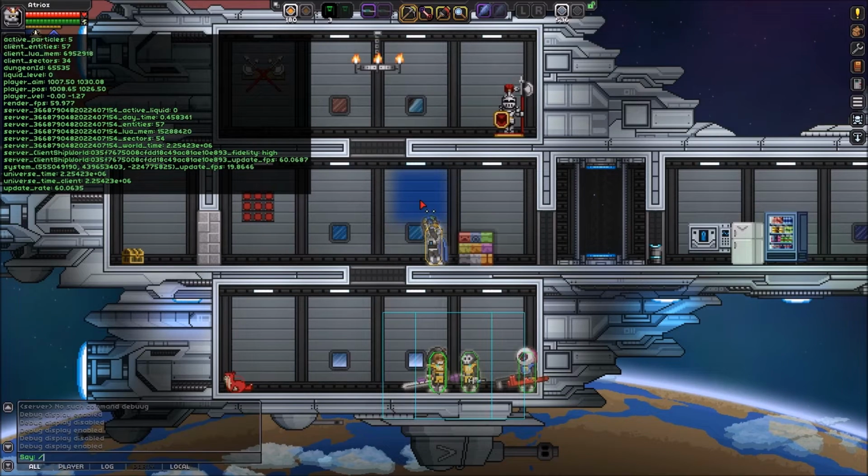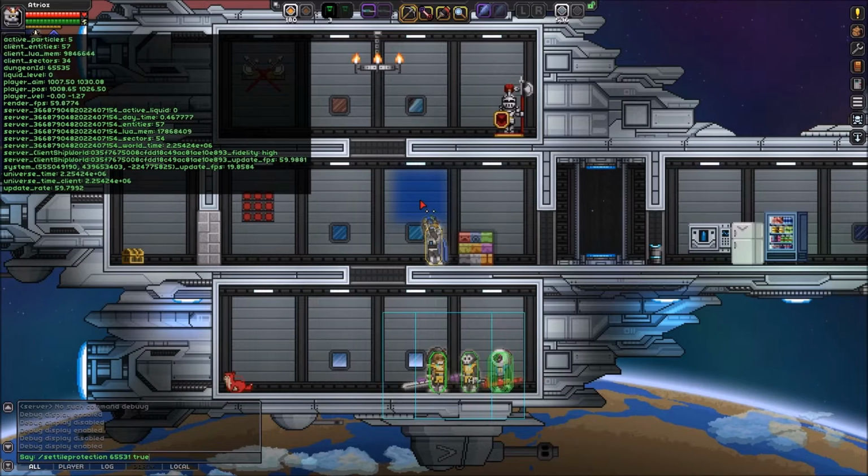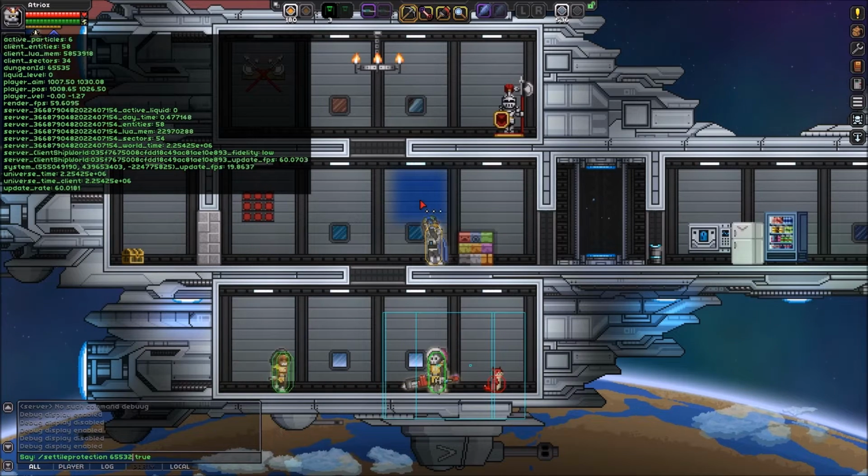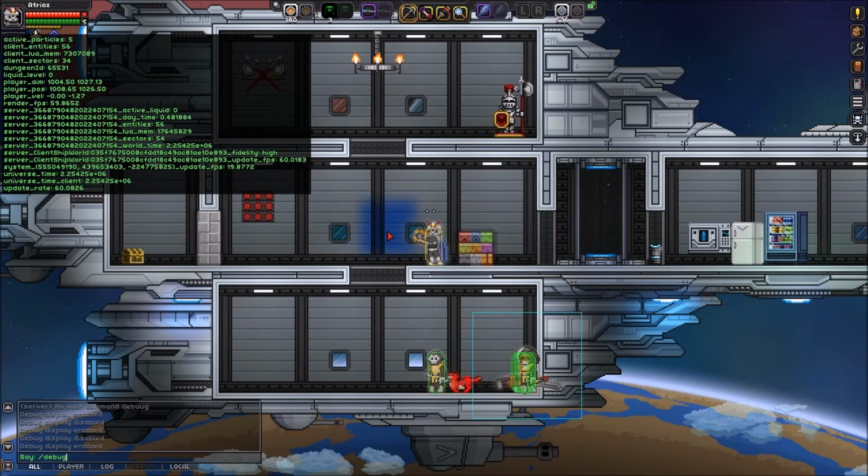So we're going to go slash settileprotection. Then we're going to enter those 3 numbers. 65531, true. Now we're going to rinse and repeat that for all 3 numbers we have. 65532, true, and 65535. Now you're going to see when we hop out of debug mode, everything in here